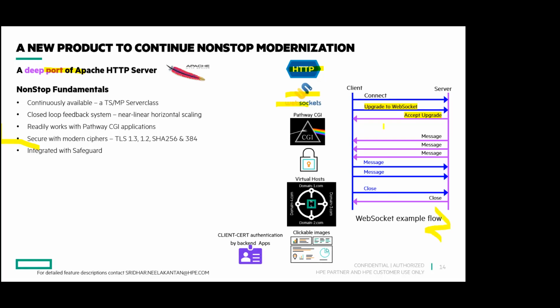So here I'm showing what you call a message sequence diagram. A client connects first to the server, and then it asks for an upgrade to WebSocket. Let's say a stock market client, and then it wants to receive now and then some stock market related data. Server is running in the stock market, and I want to see the stock market data. Server should be able to push. So the client asks it to be upgraded to WebSocket protocol, and server accepts it. And then unilaterally, the server sends 3 messages containing some data. And after, the client has something else, and it sends a message, and finally they close and disconnect.